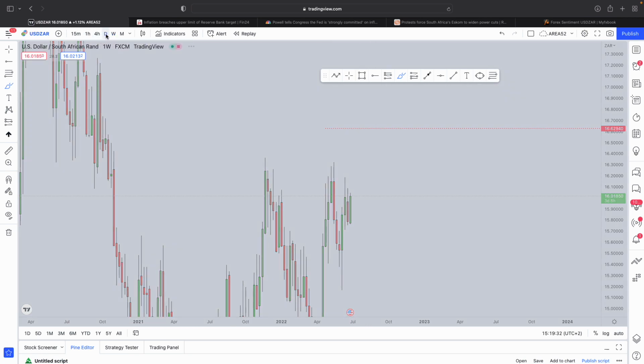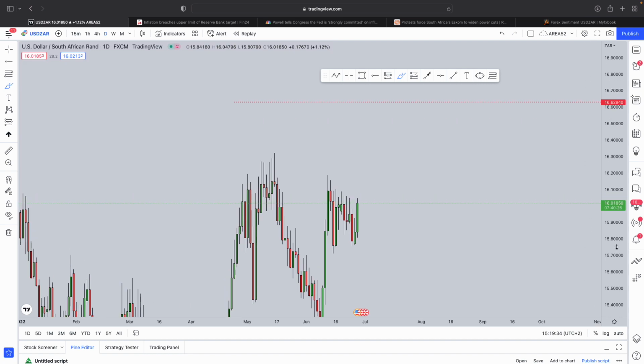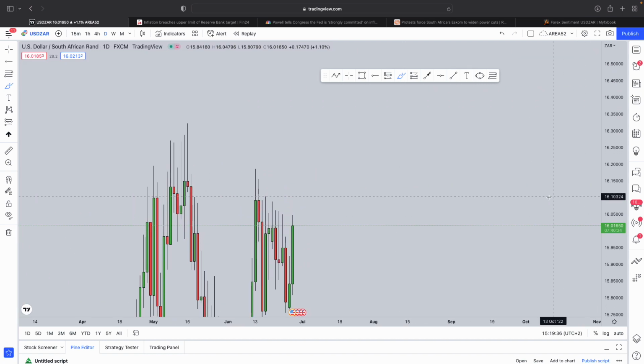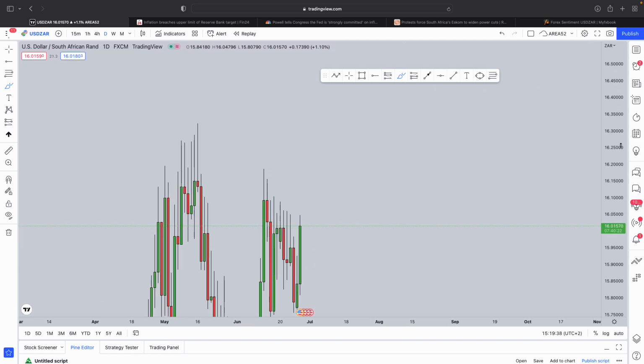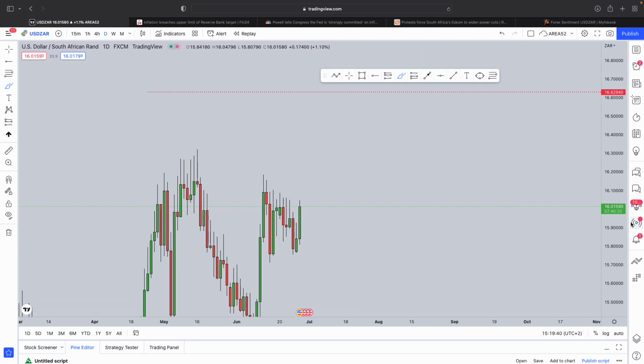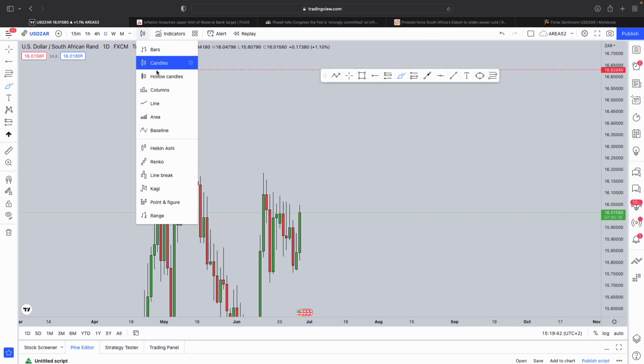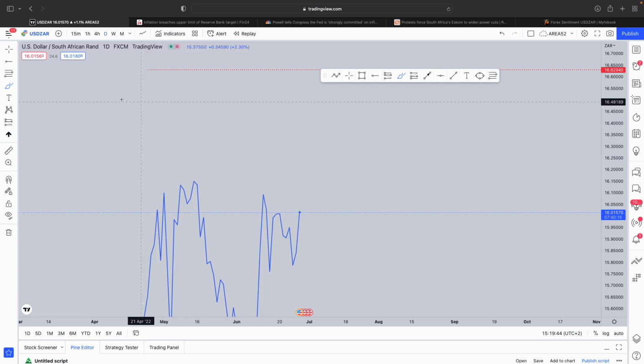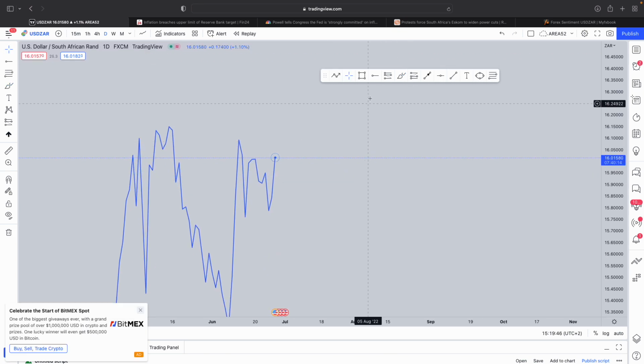Now if you drop down to the daily time frame, what do we see? From a daily perspective, you can see we have a lot of liquidity wicks in the market over here. The best way to identify the structural level is quite simple. You just go from a candle chart to a line chart, and you can see the market had printed a